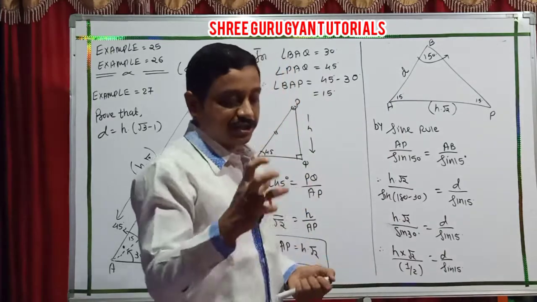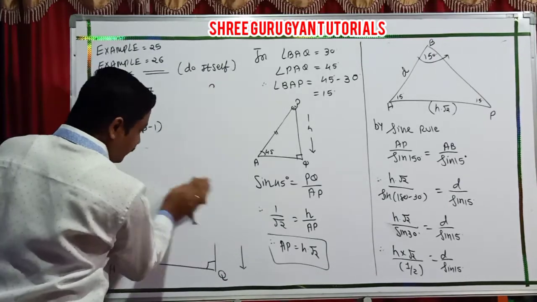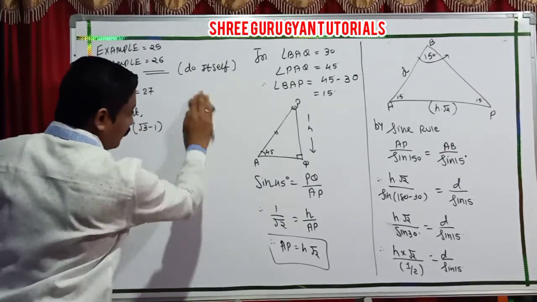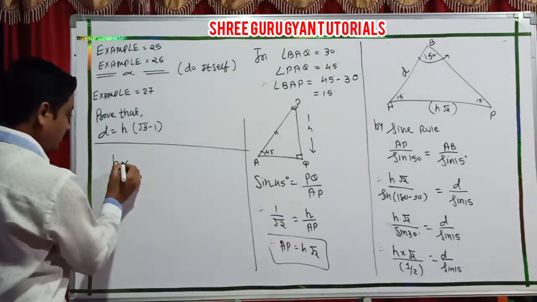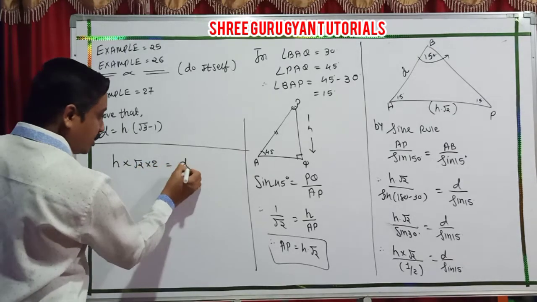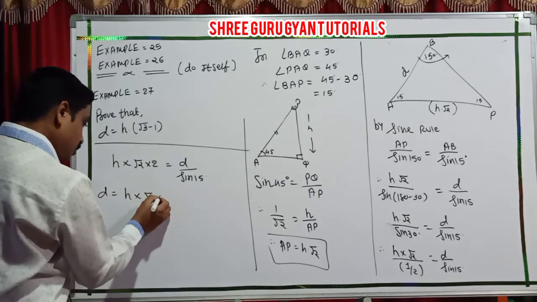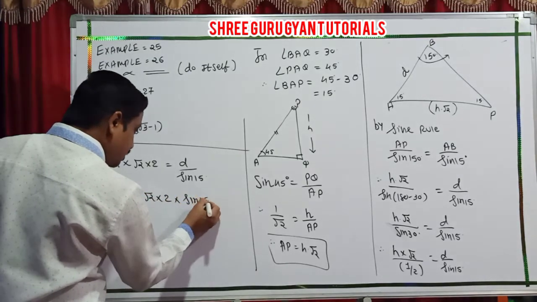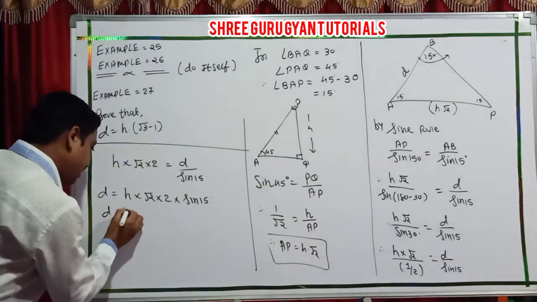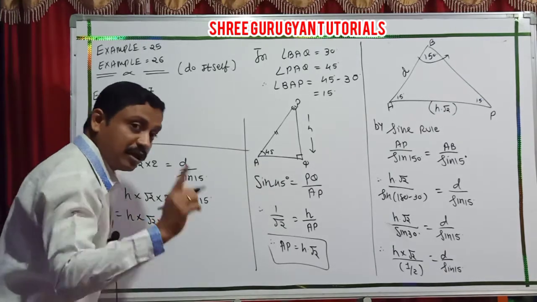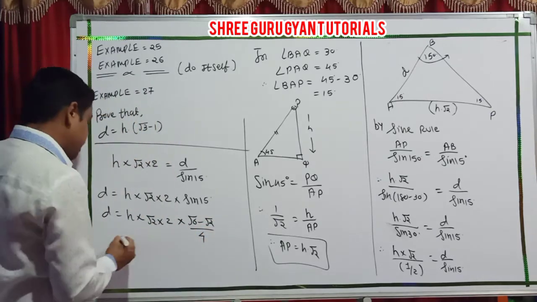Now I rearrange and simplify after putting in sine 15 degrees, and you can easily reach the answer. So finally I am ending this sum here. It is h into root 2 into 2, equals D by sine 15. So D is equal to h into root 2 into 2 sine 15. Now students, I hope you know sine 15. Yes, root 6 minus root 2 by 4. I already derived it in exercise 3.3. Root 6 minus root 2 by 4. And these are extra common checking.